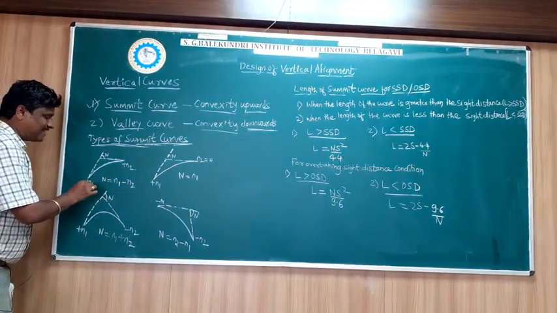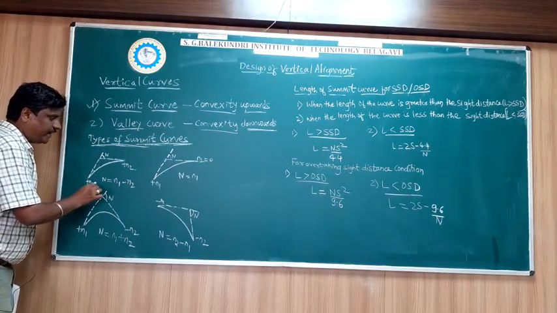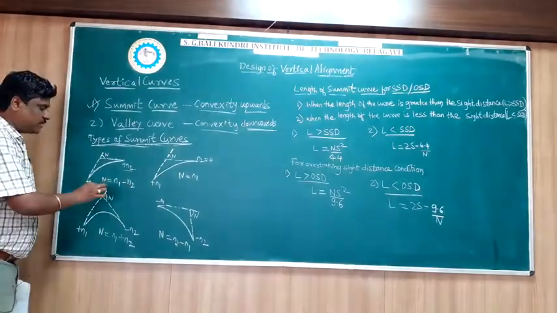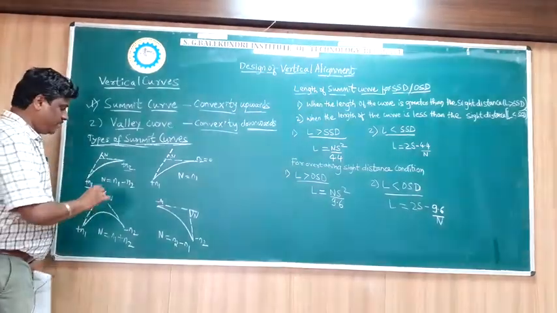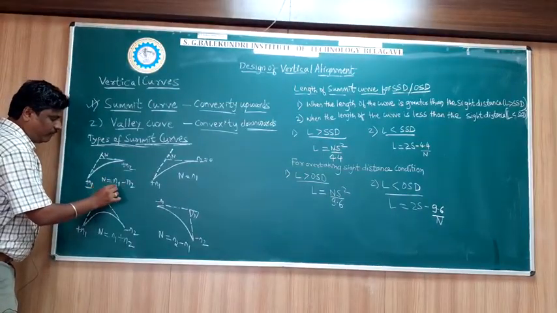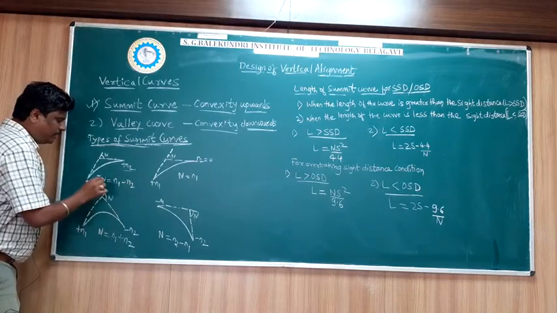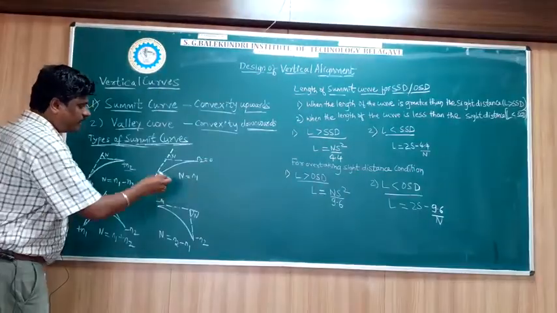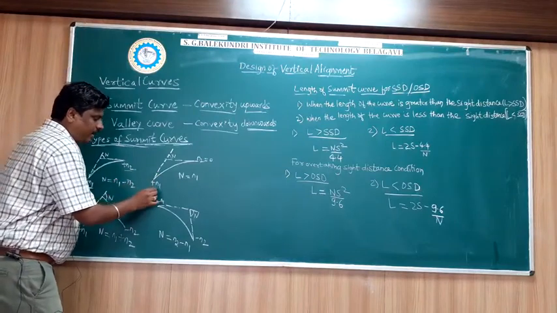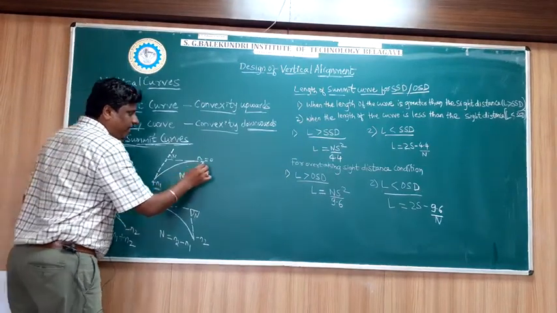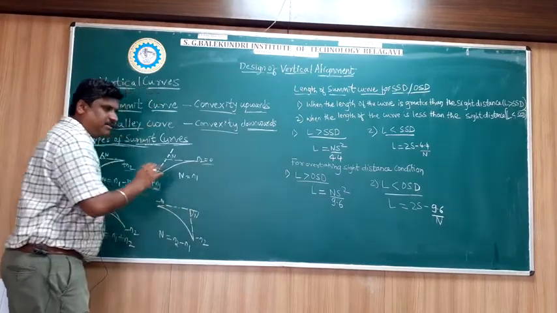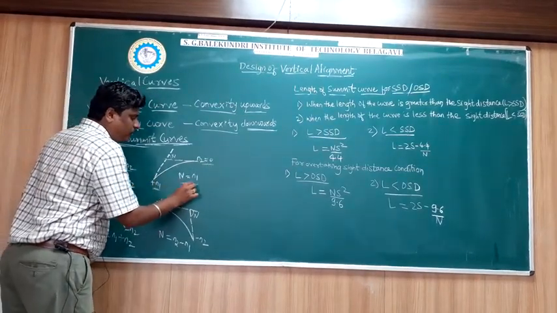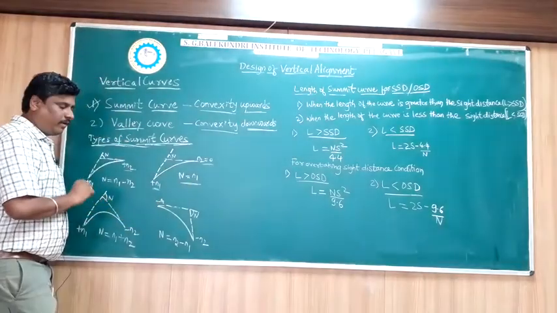Now you can see the plus indicates the ascending gradient, and here also the plus indicates the ascending gradient. The formula is the difference between the two grades. Then I will write n equal to n1 minus n2, meaning a positive gradient meets another positive gradient. Similarly, in one more case, you can see here it is +n1, but here n2 is 0, meaning it is almost a flat surface. Therefore my deviation angle will be n1, that is n equal to n1.